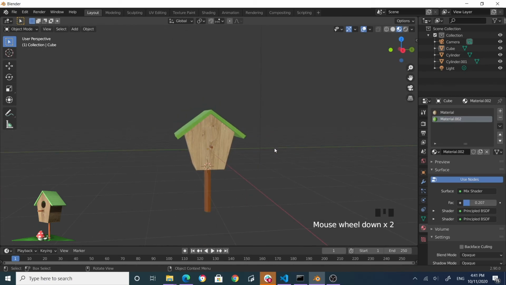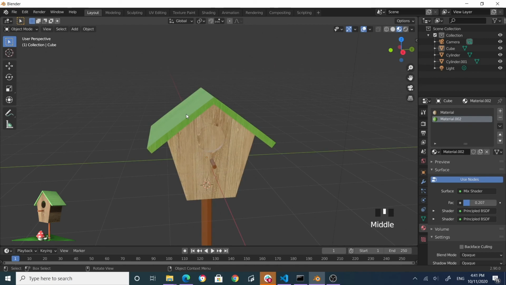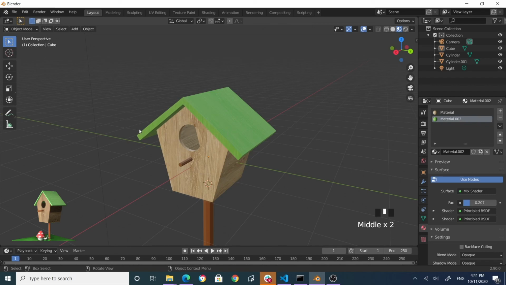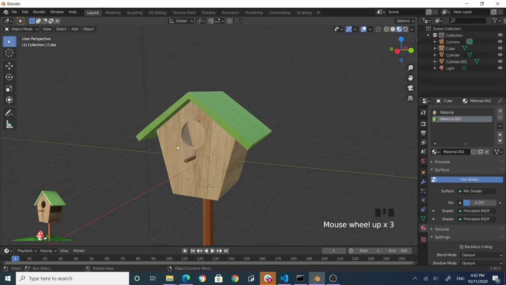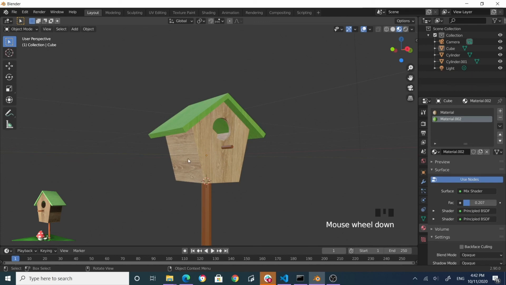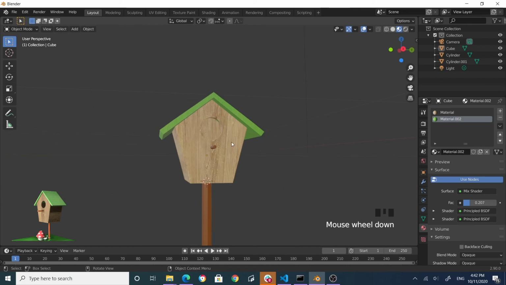So to recap, what we did was we initially started with a cube and then built the basic shape of the birdhouse, and then extruded the roof, and then did some more extrusions to get the shape of the roof, and then added two poles, and then used the carver tool to create this opening, and then assigned a wood texture to the entire birdhouse, and then we